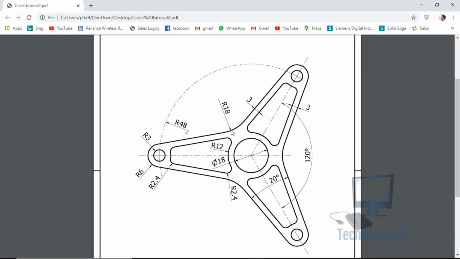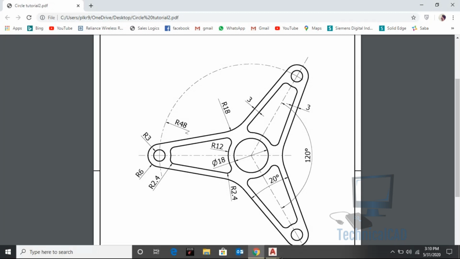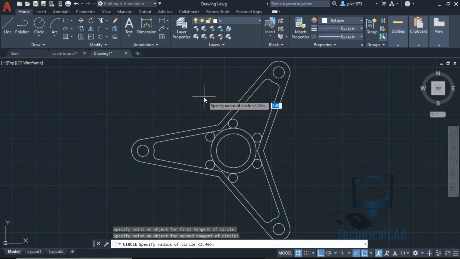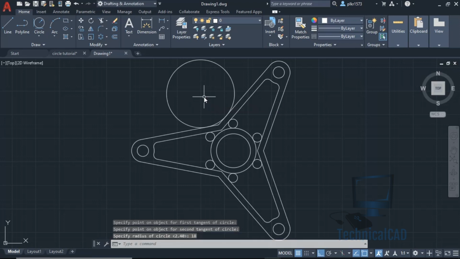Now here it is radius 18, so we go for the same, select the circle and give 18 radius. Okay.